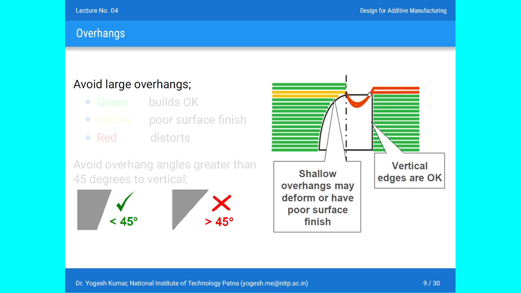So this is a component. This particular white shape you can see is the component which needs to be produced. Forget about the green area, yellow area, and red area. This is a component which needs to be printed using any additive manufacturing process, whether metal, non-metal, or polymer. We create the CAD model, and after creation, this CAD model is converted into an STL file.